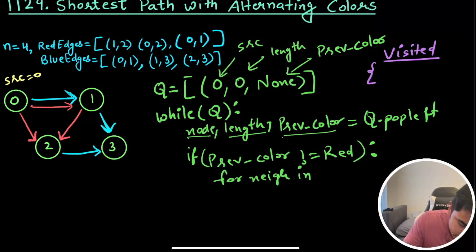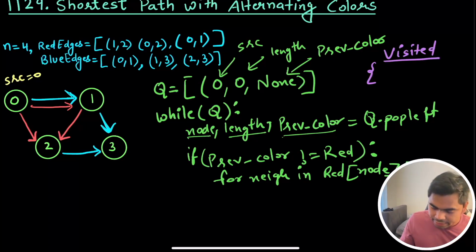So we will create 2 adjacency lists, so that we can easily access the neighbors of the node, because we are executing red. So red, and we will provide this node. This will give me all the neighbors that are reachable using red edges from this node. So all the neighbors. And at this position, what I'll do, if this neighbor is already not visited, so if this neighbor,